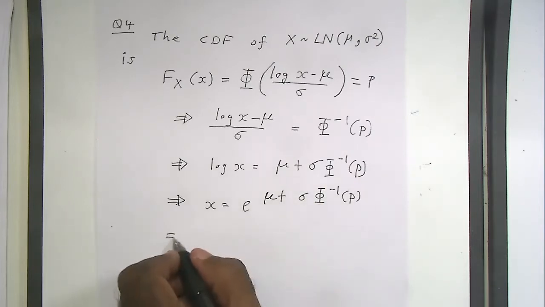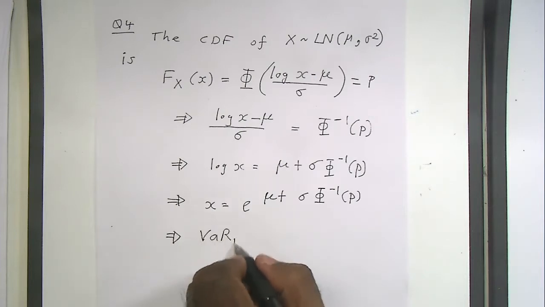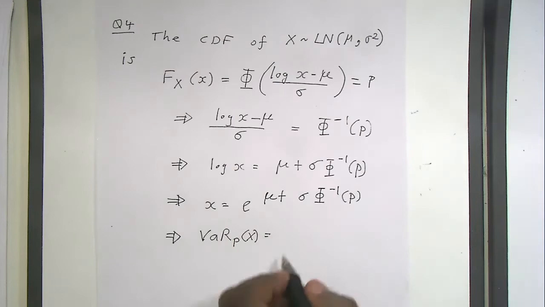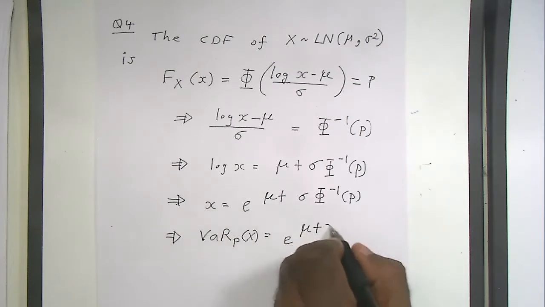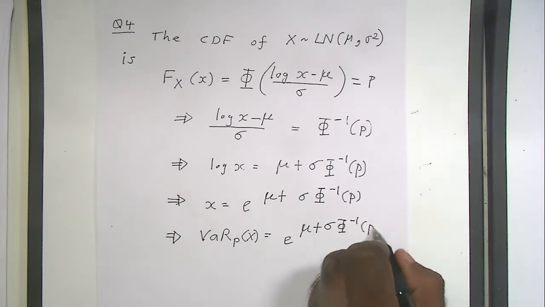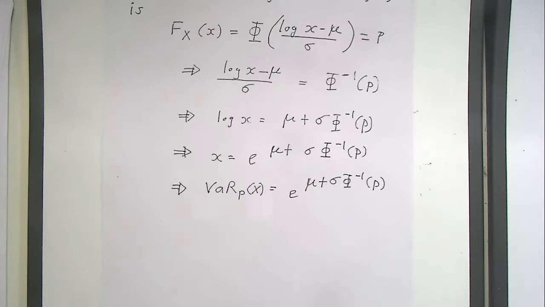So VaR, you guys listen please, the VaR is equal to e to the mu plus sigma. Alright, so this is the expression for VaR. The expression for ES